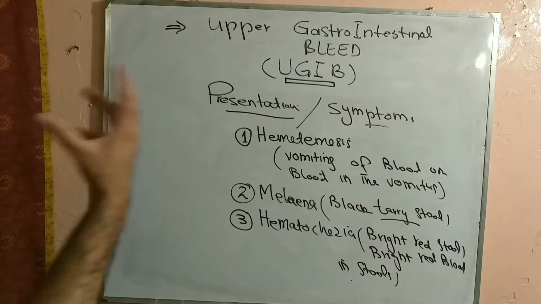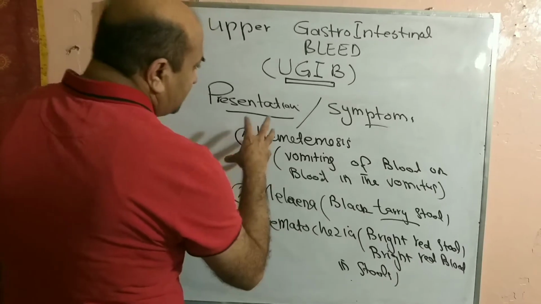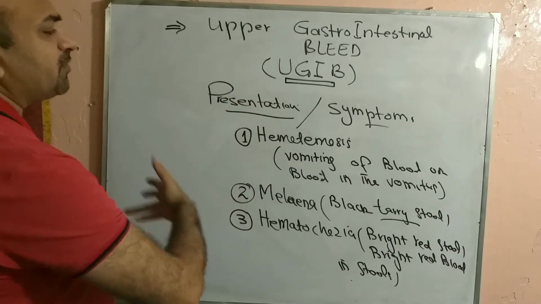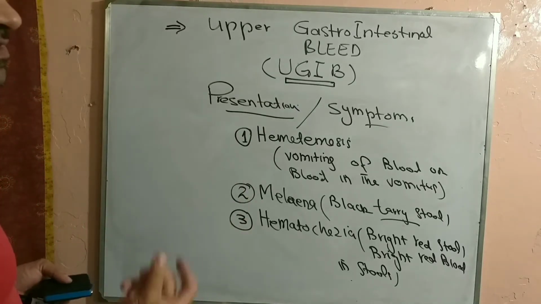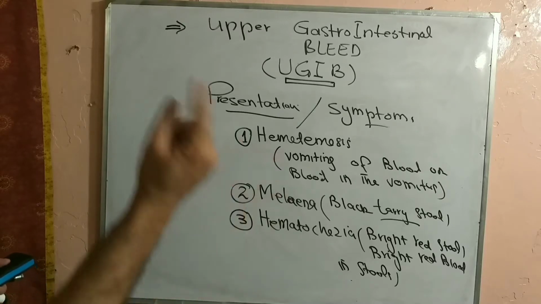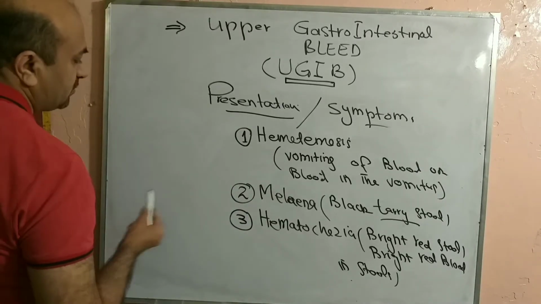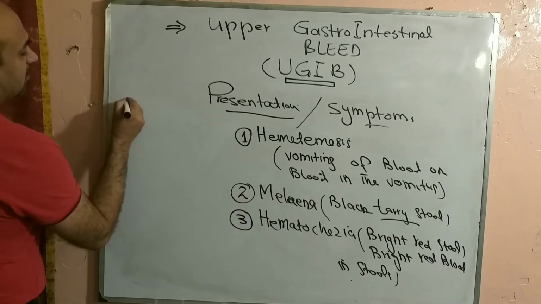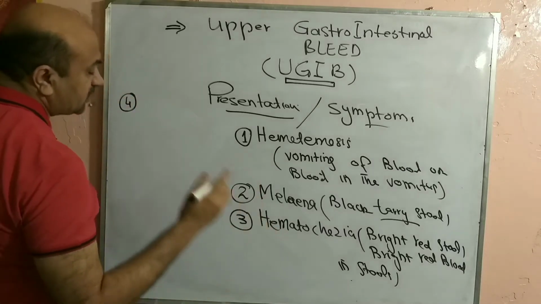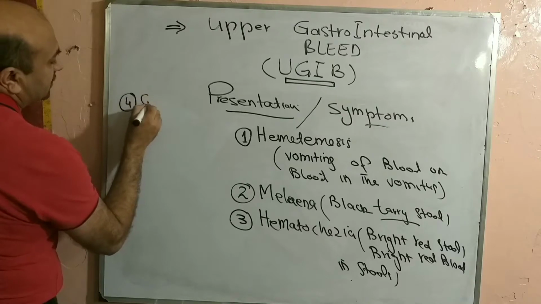Now, another thing, these patients may not be bleeding heavily. They may be having this problem for a longer period of time, and they may be passing microscopic blood, which we call occult blood in the stool. In those cases, these patients present to the emergency department with the complaint of anemia. So the symptoms of anemia can be generalized weakness,